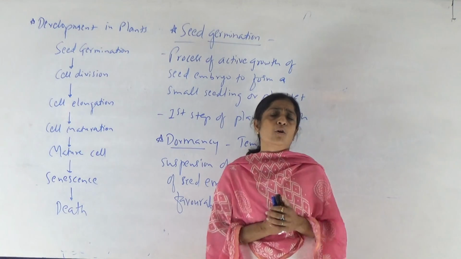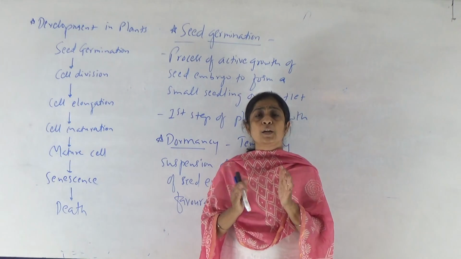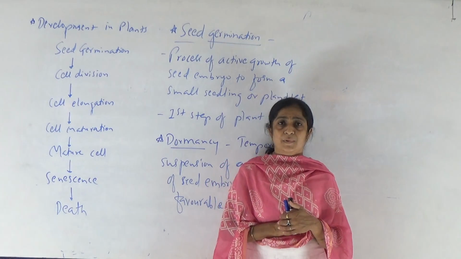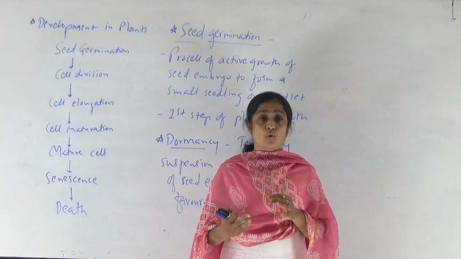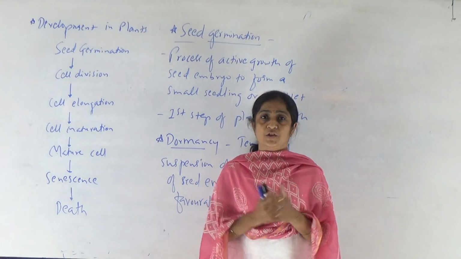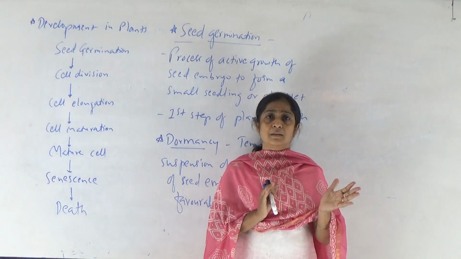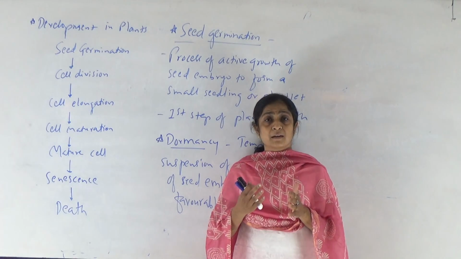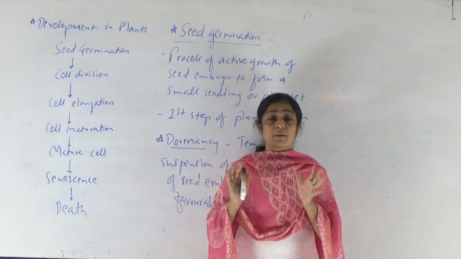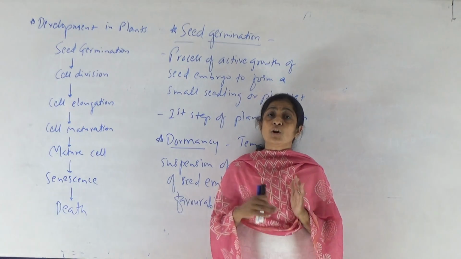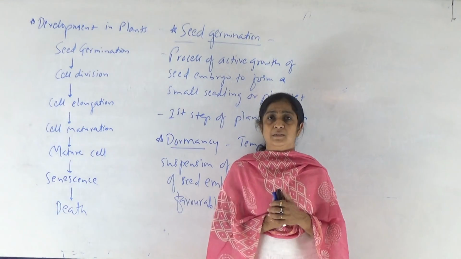It is very commonly observed that under natural conditions, seeds show dormancy during the summer and winter seasons. Basically, dormancy in angiospermic seeds protects the embryo against adverse environmental conditions. Most angiospermic seeds show dormancy during the summer season. In summer, temperature is high, the environment is very dry, and humidity is literally absent. So natural conditions are not favorable for germination of seeds, and hence most seeds show dormancy during summer.